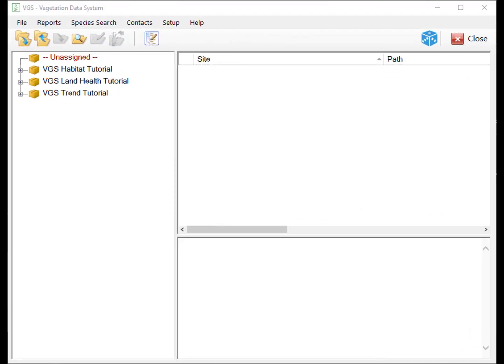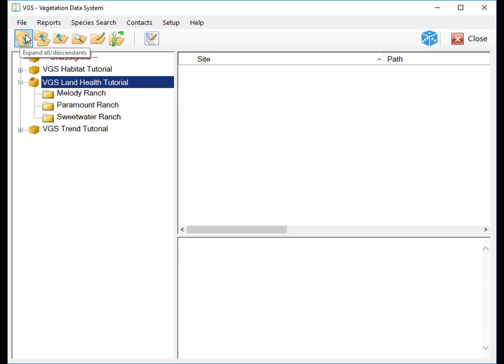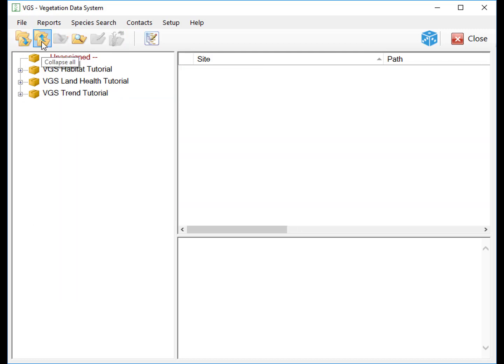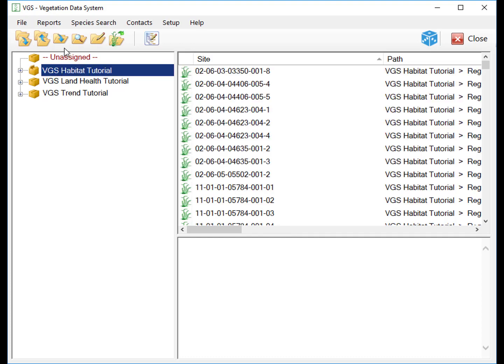Below the menu toolbar is the button toolbar. The first button, Expand All Descendants, will expand all descendant subfolders within a selected folder, or expand all folders if no folder or root folder is selected. The Collapse All button closes all subfolders, showing only the root folders. The Expand Collapse button expands and collapses only the folder that is selected, and will appear gray if no folder